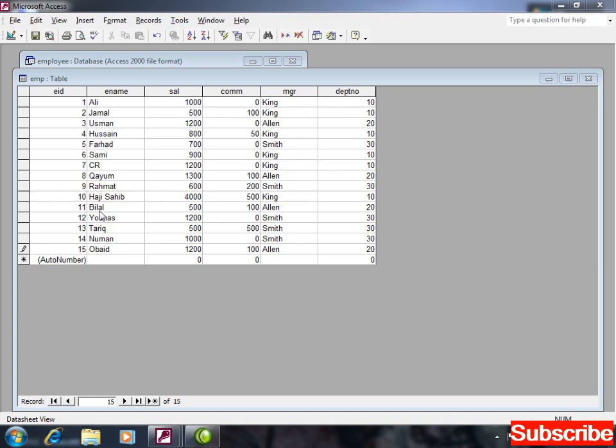So that record will be on the top, right? Now same case with commission, manager King, and department number as well. In department number, if you apply the sorting in ascending order, 10 10 10 10, then 20 20 20, then at the end 30 30 30. But if you apply descending, the 30 will be on the top and the rest, 10 10, will be at the bottom. Okay, now the next thing, you have grouping.